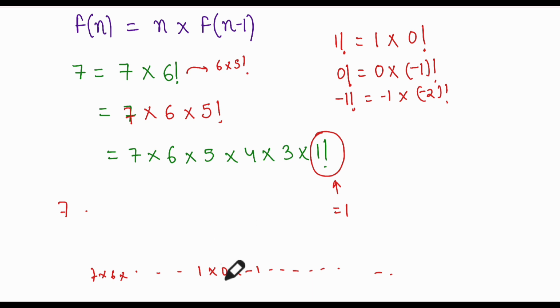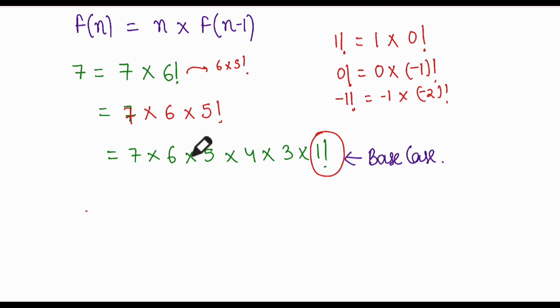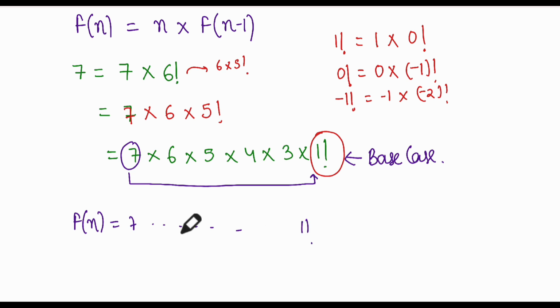So to stop that particular infinite loop, we have to define a base case, that okay, up to what point are you going to do this activity, where you are calling a function again. There needs to be a base case. So this is called a base case, the value for which you know. So what you do is you start from a point and you iterate from there to the base case to get the result. So basically f(n) becomes equal to 7 into 6 up to 2, and you will move forward till you reach the base case. So the base case is very important, right?